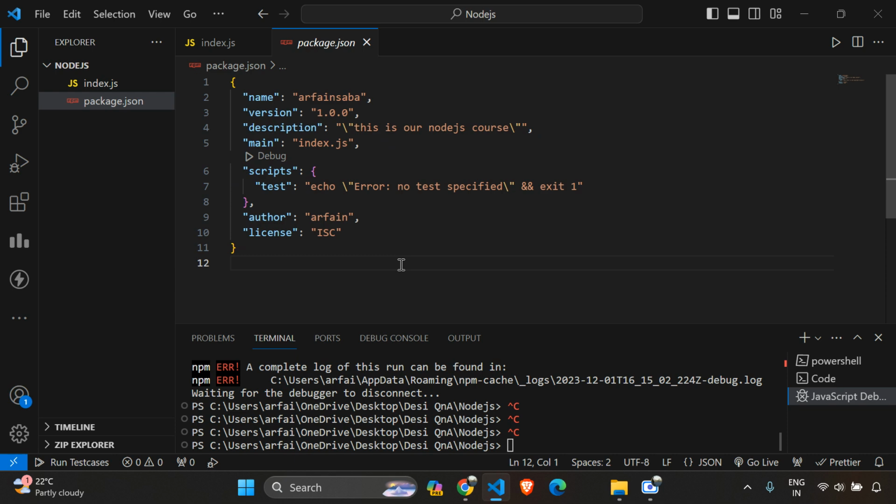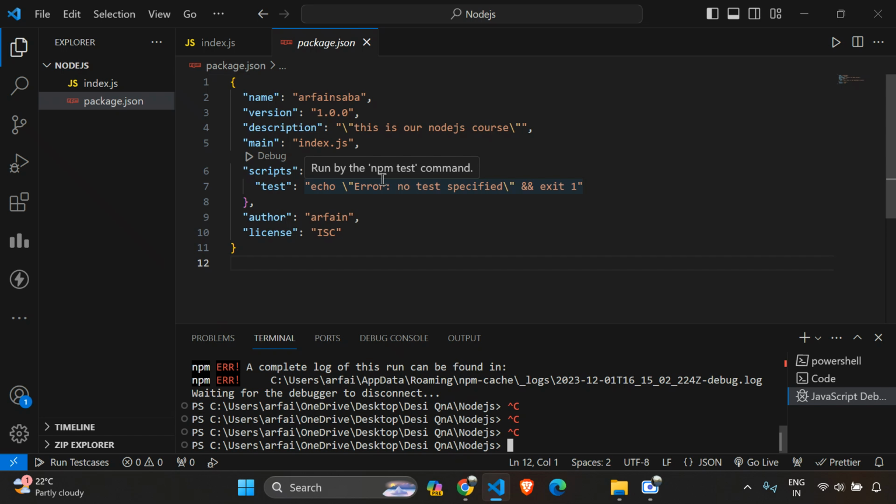Okay, so let's say this contains this one, right? Let's say you want to add a dependency into this particular project you are building. What exactly is a dependency? If you have gone through the videos you will know this dependency, but I have not explained the dependencies and node related things in the previous videos. But here we will be learning everything from the start.